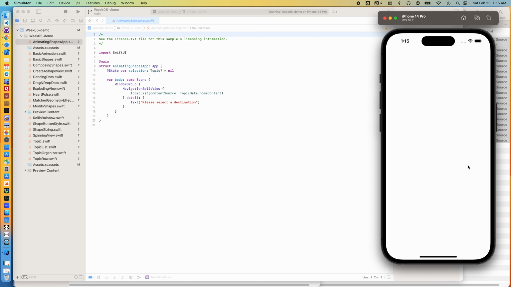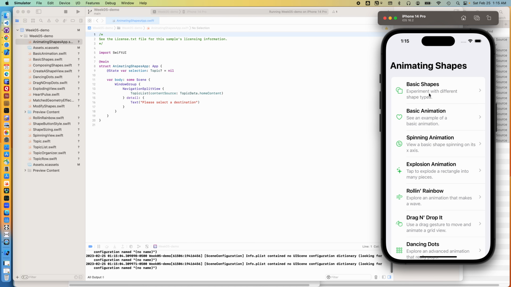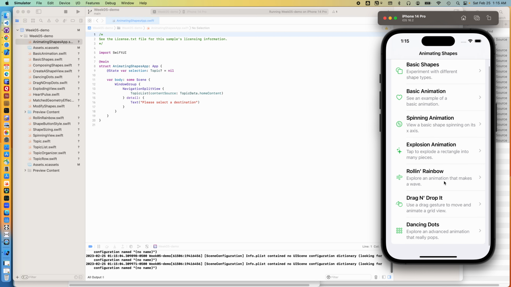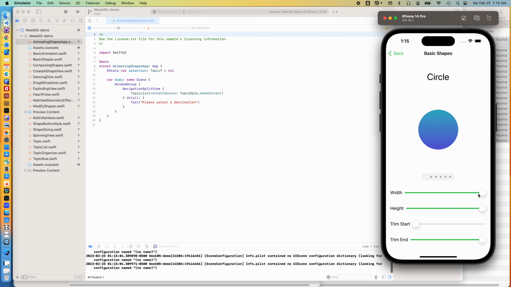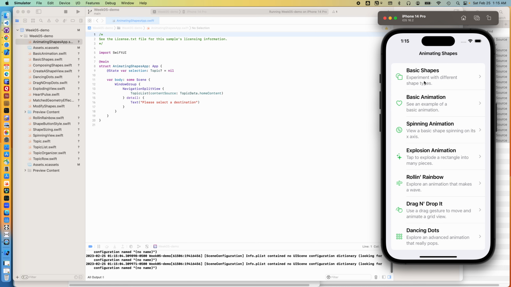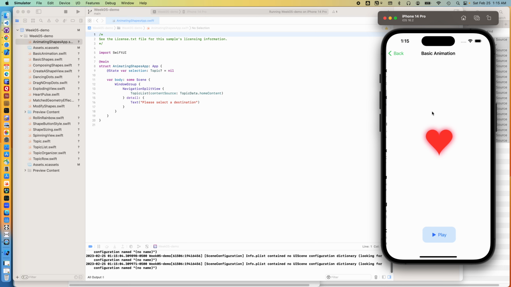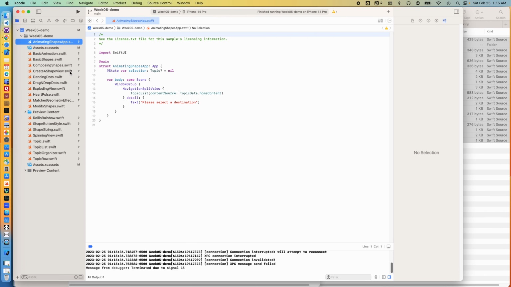First time it builds is going to take a little while. So here's the animated shapes example, some basic animation. Basic shapes and basic animation is my favorite. Pulsating heart. So now I'll quit out of the simulator. Back here,